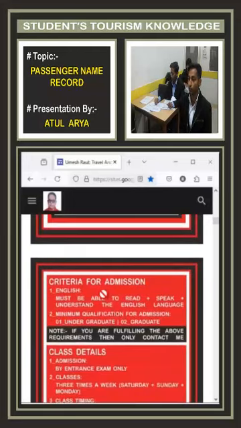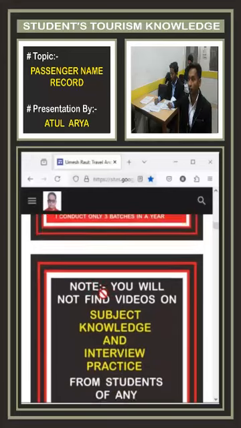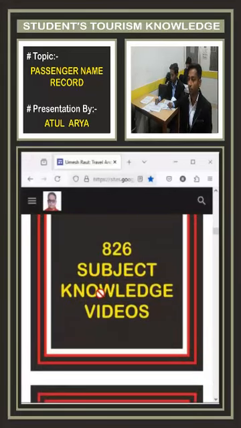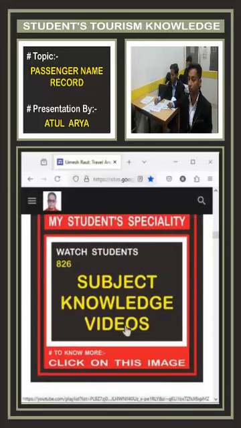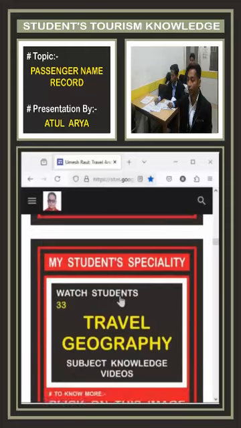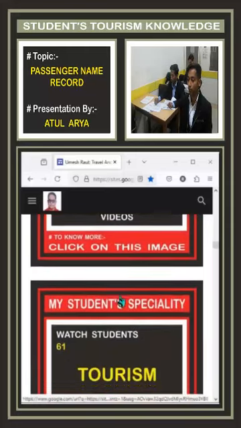Right. How can one obtain a unique reference number? After saving the passenger reservation in the computer system. Right. What does every PNR give after passenger reservation? A unique reference number. Right.